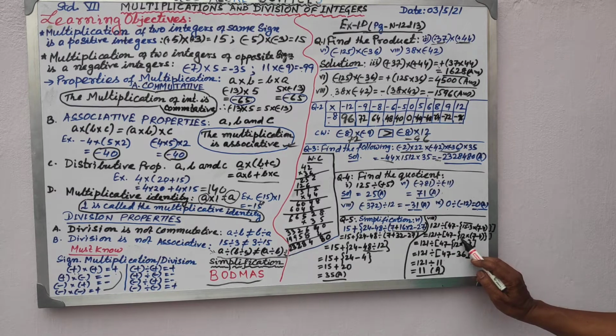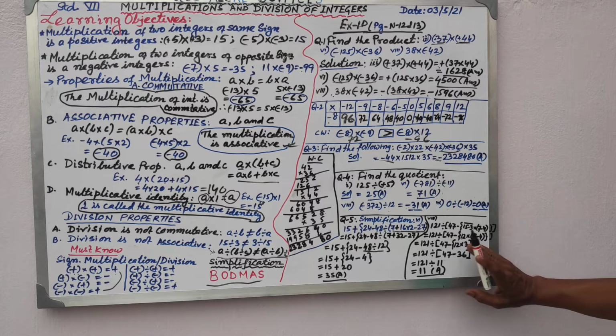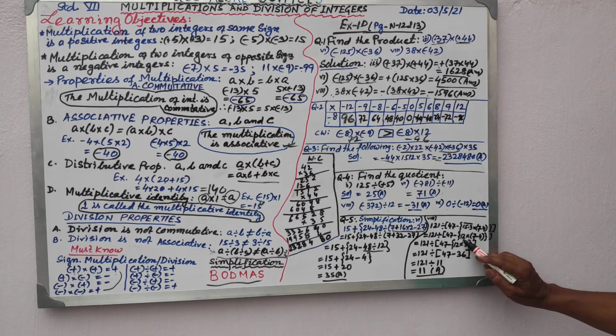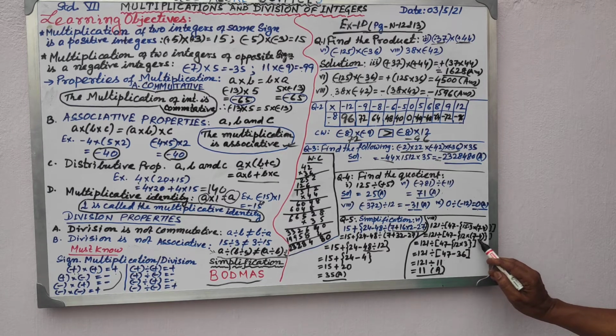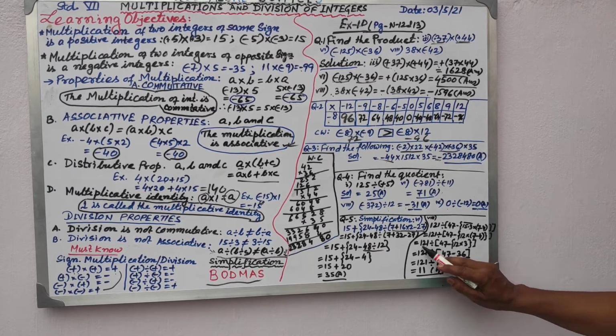So I will do only the bar bracket work. 15 minus 3 is 12. Nothing else I have done. All else I have written as it is. 15 minus 12 I have done in this step. Now next step, what should I do? I should do the simple bracket work, that is 7 minus 4. 7 minus 4 is 3 here. I have written that, rest all as it is.